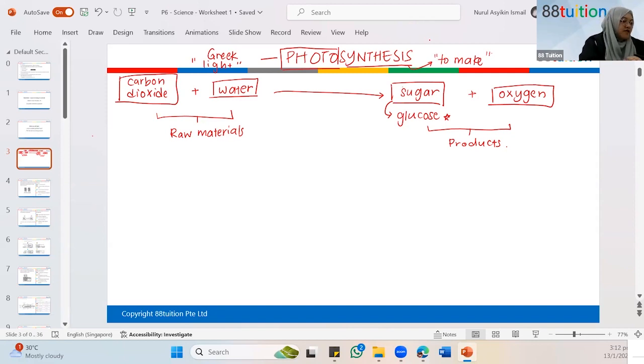By the way, do you all still remember how many percent of carbon dioxide is present in air? Who remembers this number? So far, my students give me weird numbers. Only one managed to give me the correct answer. It's a P5 chapter, so I don't know whether you still remember or not. Okay, Raha, yes. How many percent? 0.03%. Yes. So it's 0.03% carbon dioxide present in the air around us only.